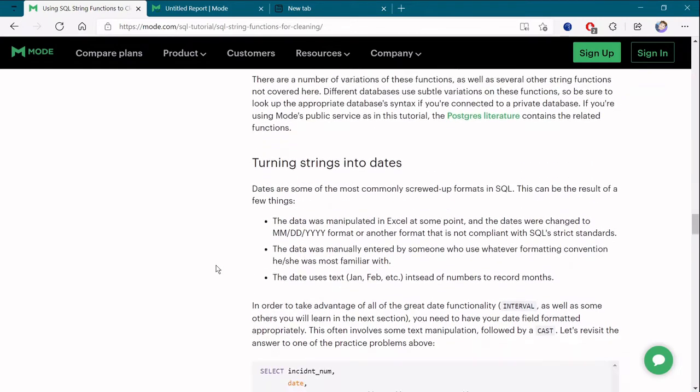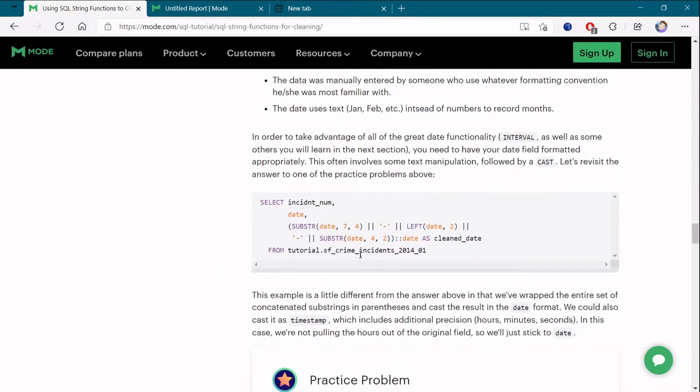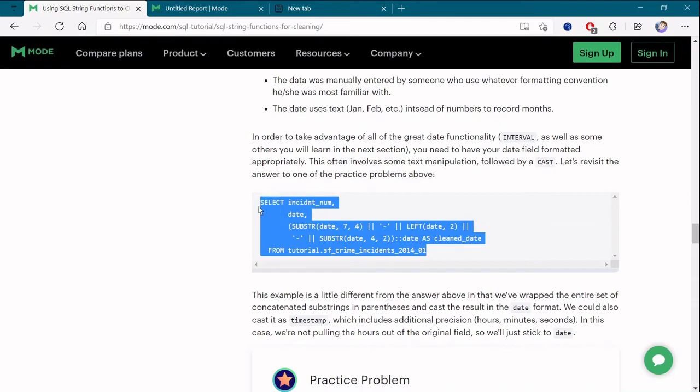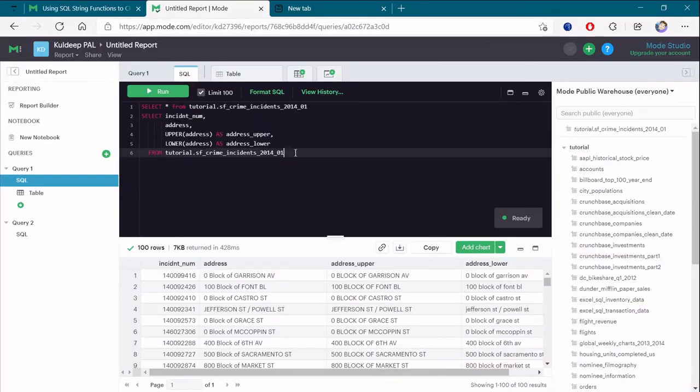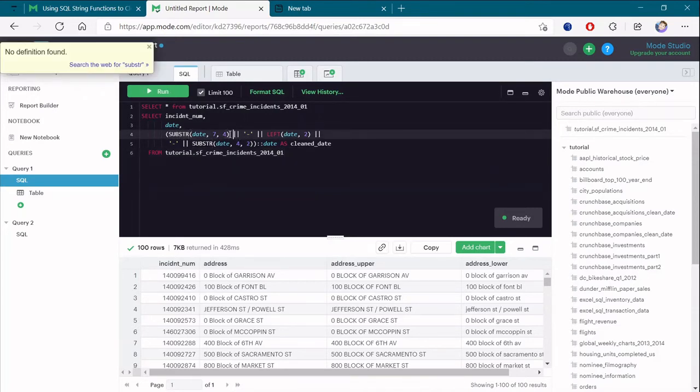And now we are turning strings into dates. So how can we convert strings into dates? Most of the time when you are working in data engineering, you will have dates in a string format. So what you can do is use substring. This is the substring. We get the date from a particular value, because the date has a timestamp and all. After that we have used pipe for concatenating two things, and we have used left two elements for the date.